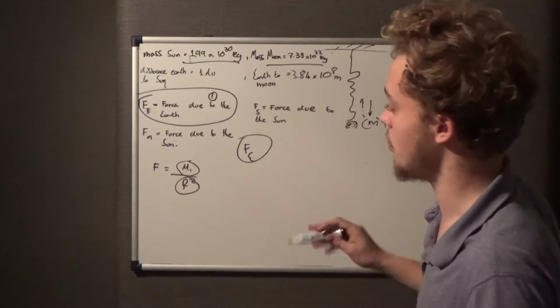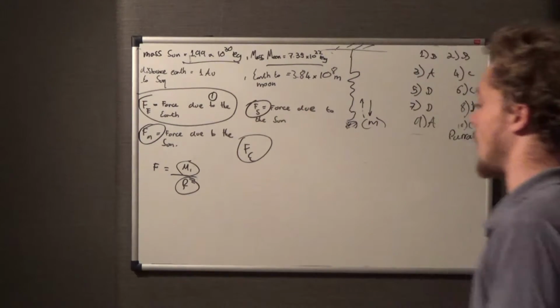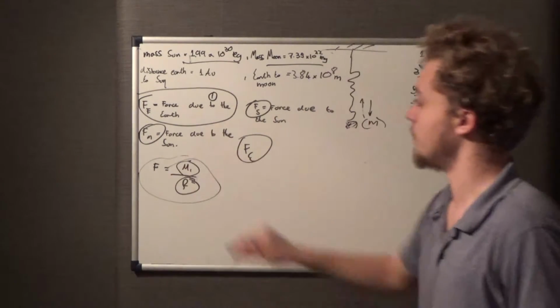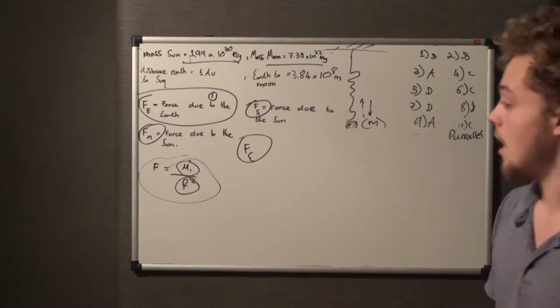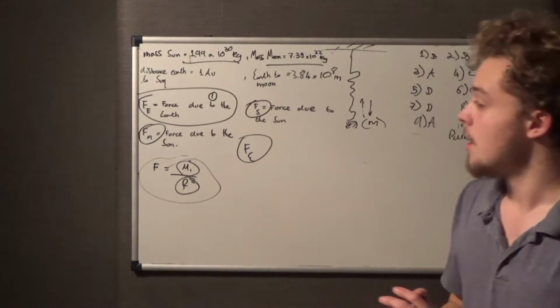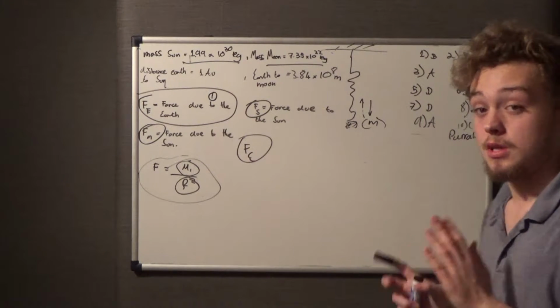Fe is bigger, so you're not calculating Fe, you're just working out Fm and Fs, using this formula, where you put the mass of the planet and the distance between the planet and the,